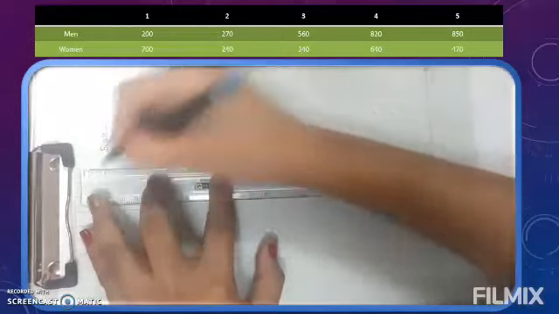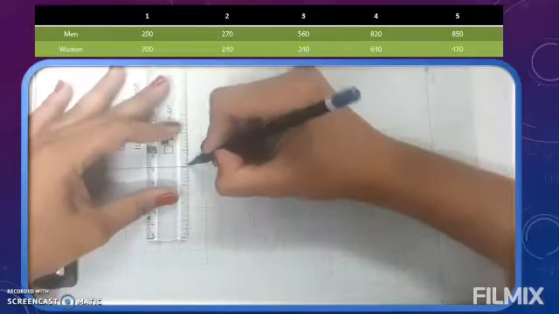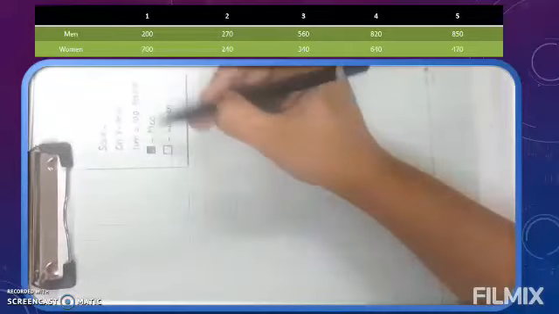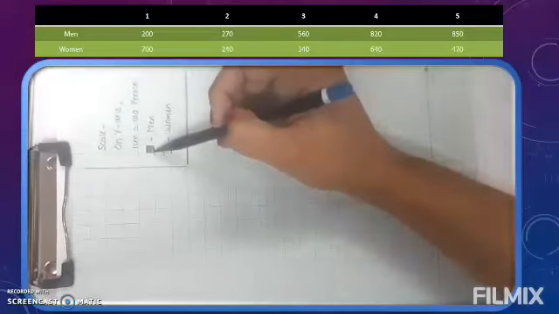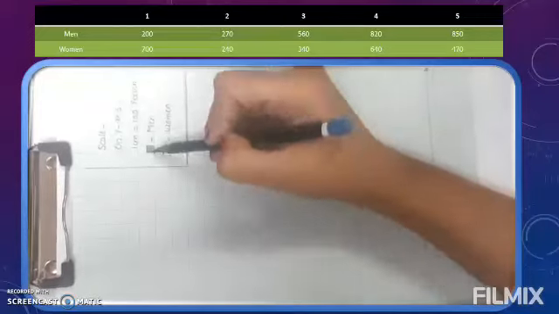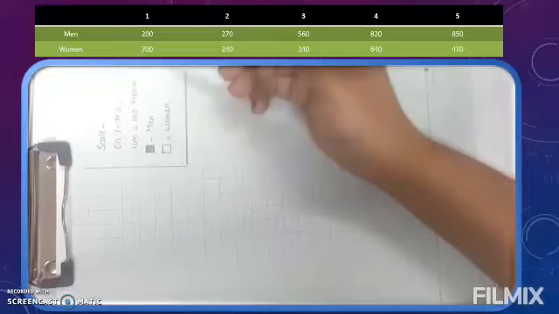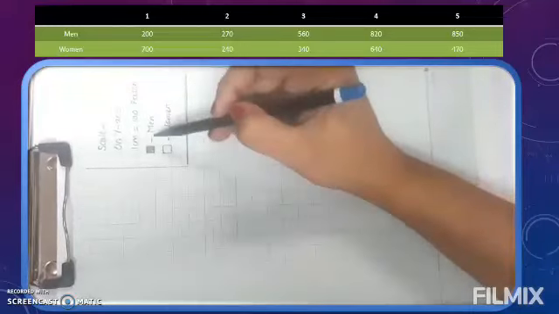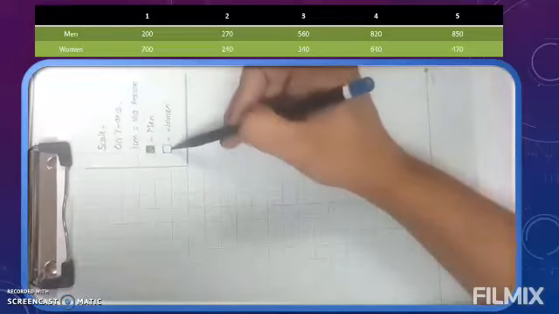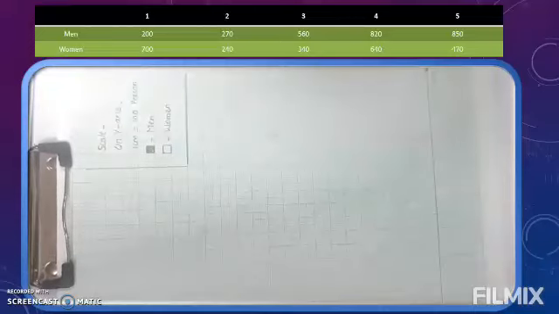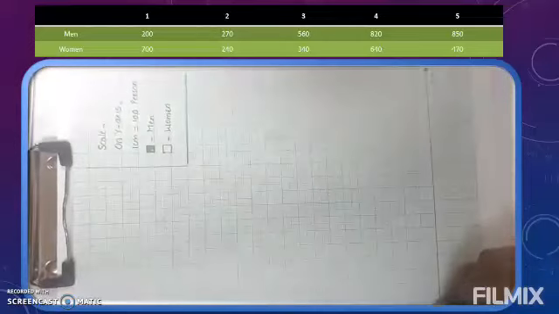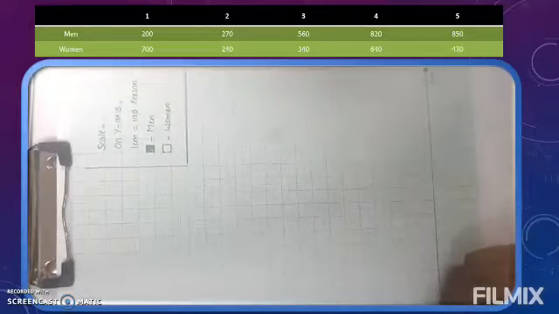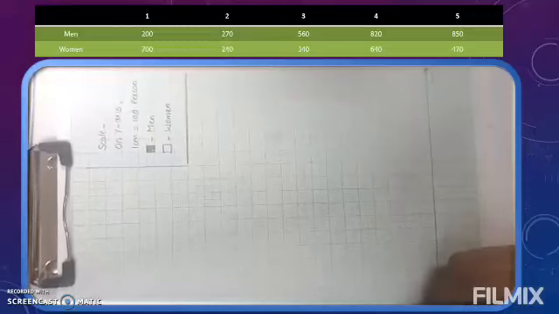So scale what we have chosen on y-axis: 1 centimeter is equals to 100, and then 2 bars as it's a joint bar. So we have a darker one. You can keep darker one for woman, you can exchange, doesn't matter. I kept darker one for man and plain one for woman. Now as we chosen scale as 100 for 1 centimeter, I hope you all understood now how to write.